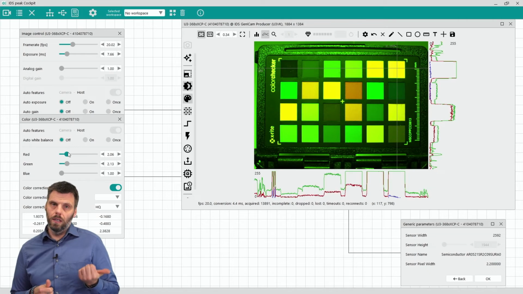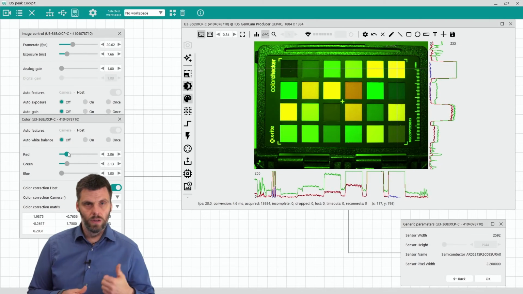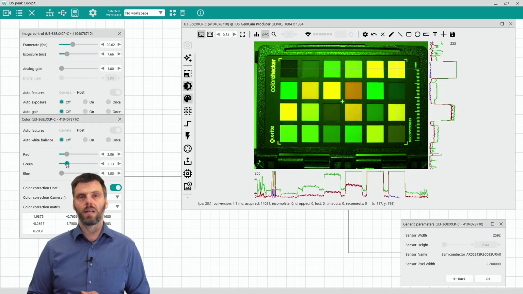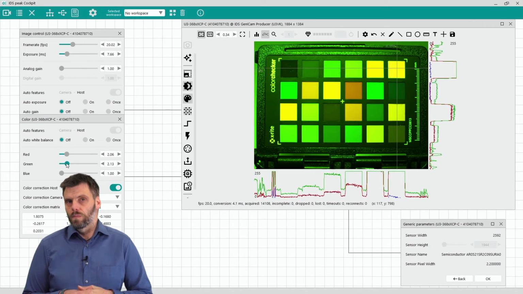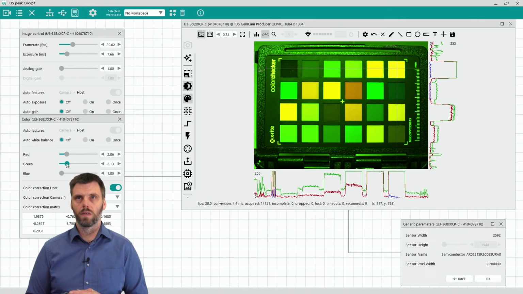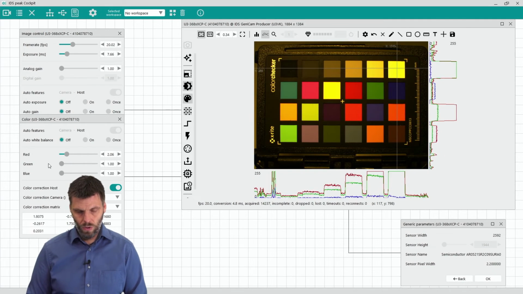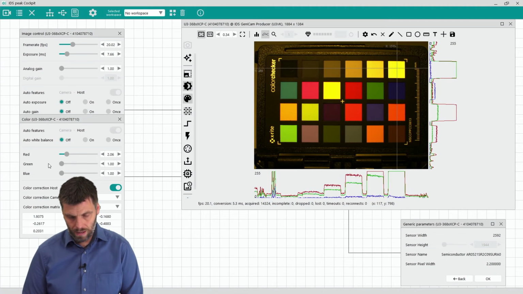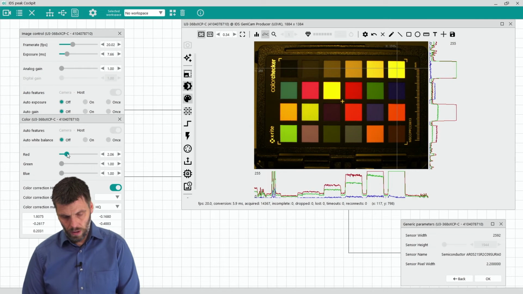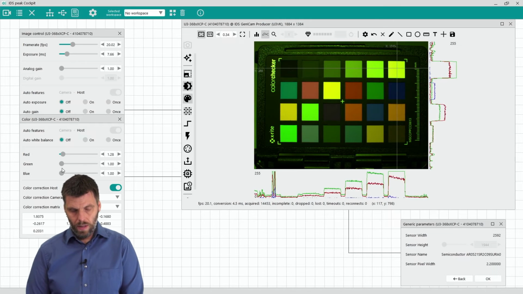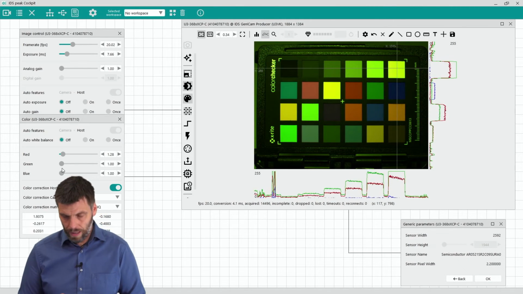Normally, green gain is set to 1 because a sensor is sensitive in green. Normally, green is not an issue. Green is always available enough, so we put this back to 1. Now we have way too much red and way too little blue. So we reduce the red one, and we see that we have